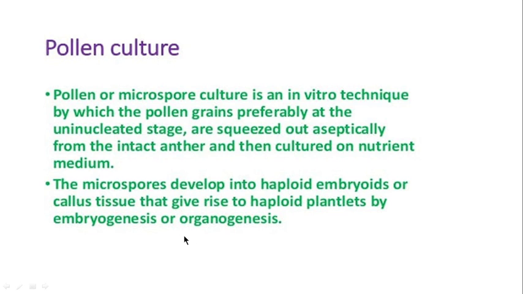So by these two techniques, that is embryogenesis or organogenesis, haploid plantlets are produced because they are removed at uninucleated stage. Only one set of chromosomes is there, and hence haploid embryos are produced, and from those haploid embryos haploid plantlets are produced. And embryogenesis will generate into embryo, and from that embryo seed will be produced. And in case of organogenesis, organs such as root or shoots are produced. So this is about the different types of tissue culture.